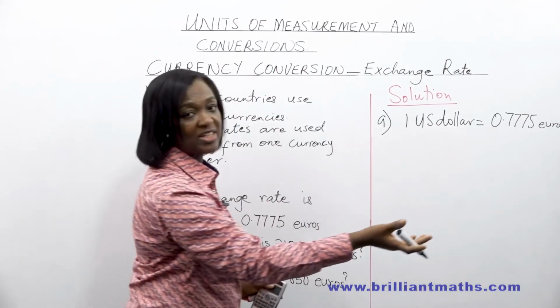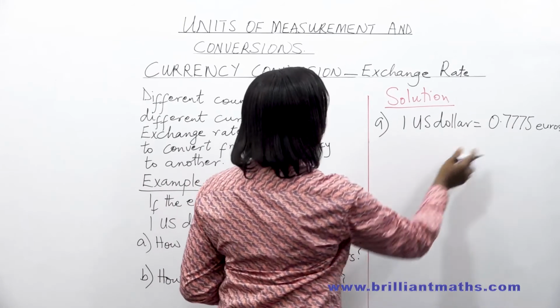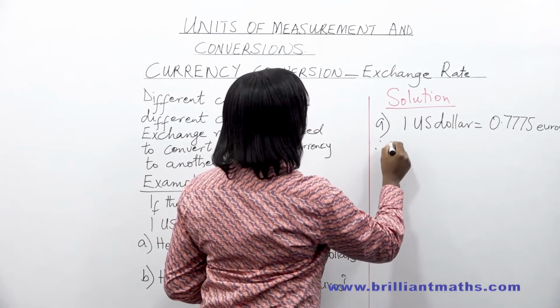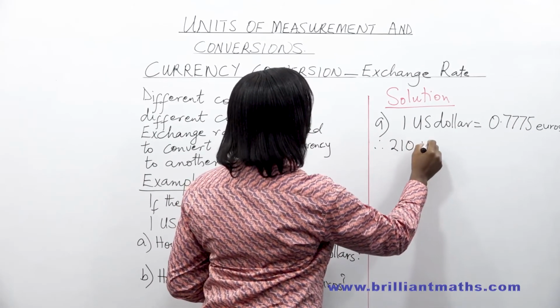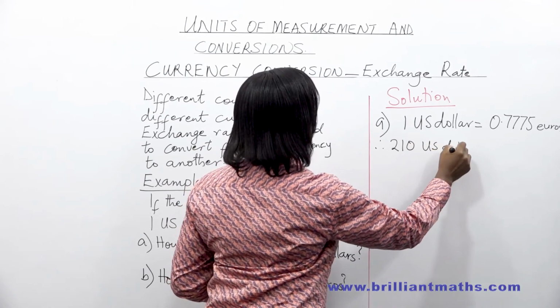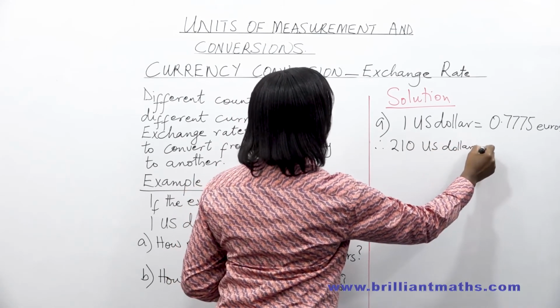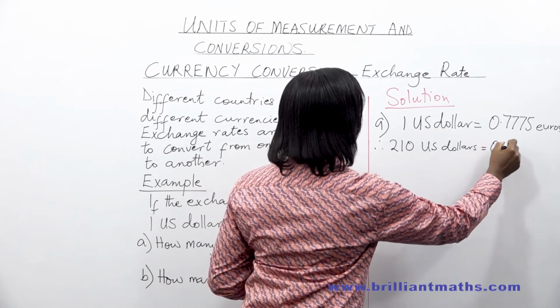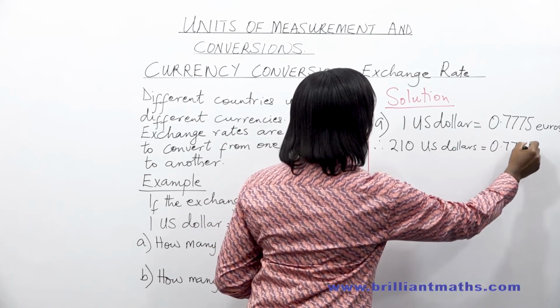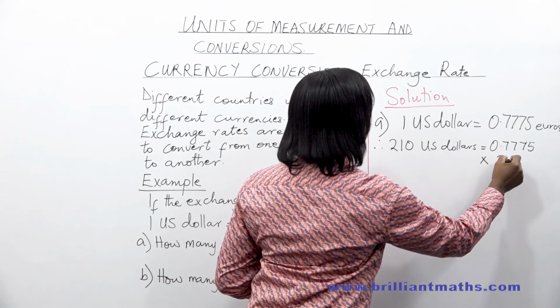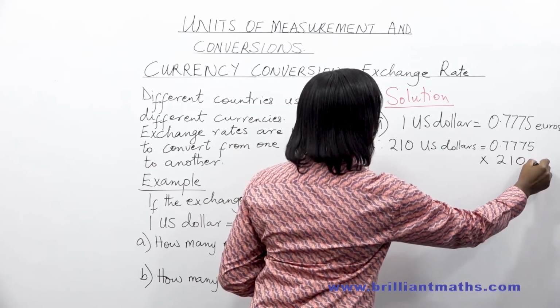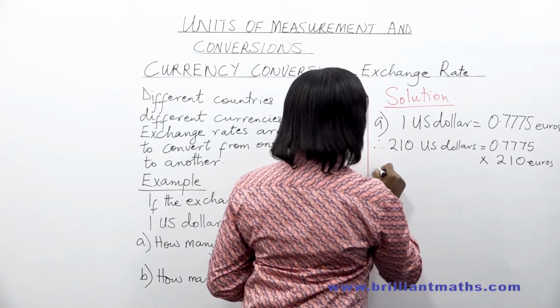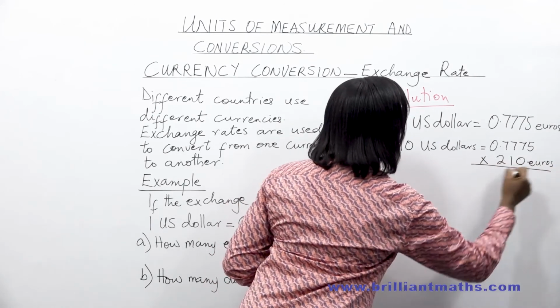So to get 210, we'll simply multiply this by 210. Therefore, 210 US dollars equals 0.7775 times 210 euros. And that will be equal to, let's put the answer there,